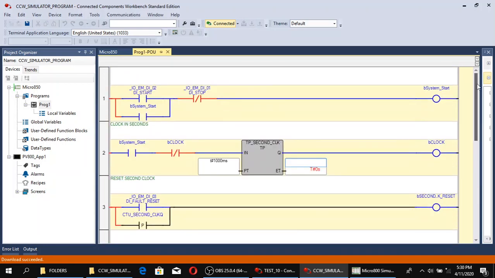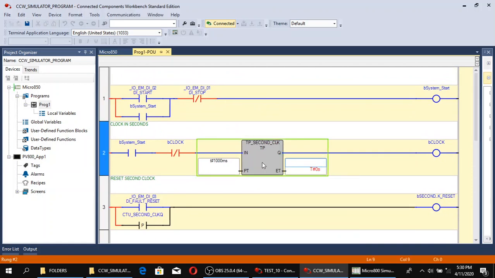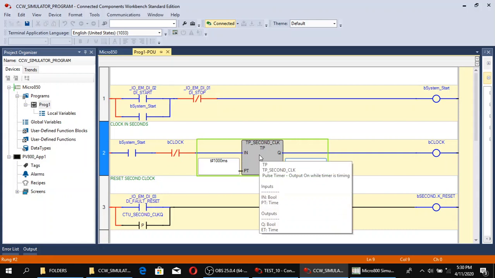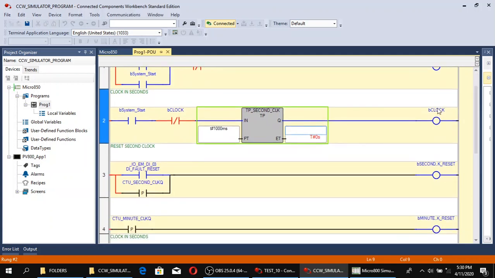So what we have here is a pulse timer that I use to create the clock in seconds. So 1 second will create a 1 second pulse. So this is the output clock,